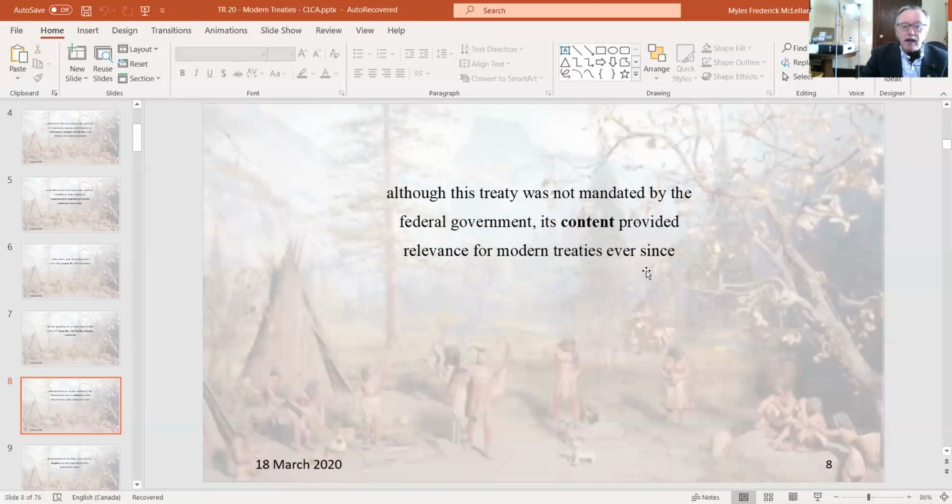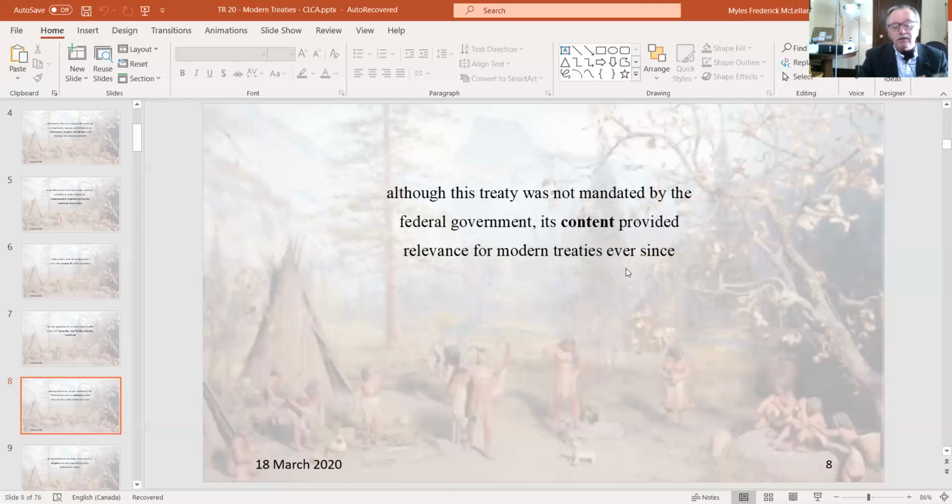The treaty was not mandated by the federal government, and we've also mentioned this in that to some degree the treaty can be challenged in that it's not constitutional because treaties are required to be entered into by the federal government, and as we've mentioned a number of times, that's a function of the Royal Proclamation of 1763. But having said that, no one, including the federal government, has ever questioned the constitutionality of this particular agreement, and they wouldn't want to, particularly in the 1970s when the independence of Quebec was a very live issue. So the federal government did not want to upset the cart in that regard.